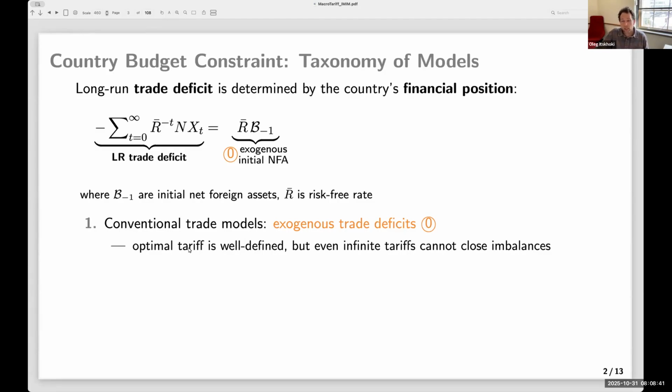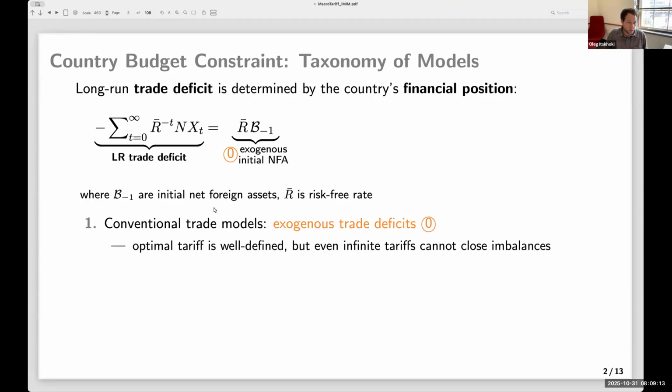So you actually can choose which R bar you use. One other note here is that there is, of course, still an optimal tariff. The fact that you cannot move the long run trade deficit, the optimal tariff is not about that. The optimal tariff is about the terms of exchange between your imports and exports. And you can manipulate the terms of exchange between imports and exports without changing the long run trade deficit. Whether it's zero or some number given by this, there is still a well-defined optimal tariff. And that's what trade typically focuses on, but it's not in the space of trade deficits and surpluses. It's in the space of terms of trade manipulation.